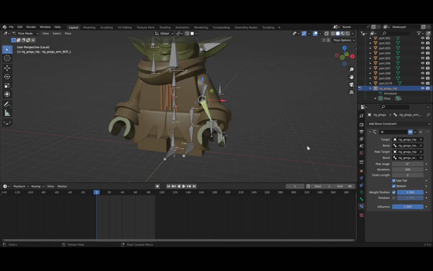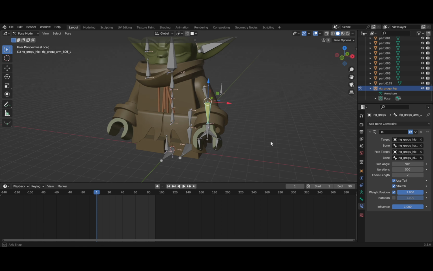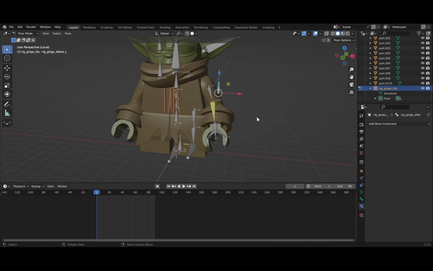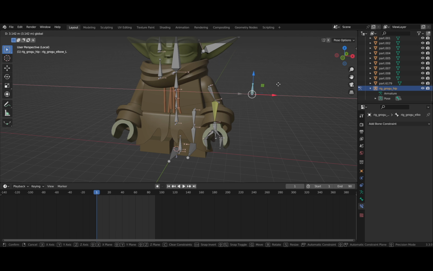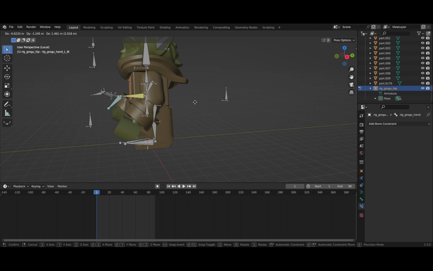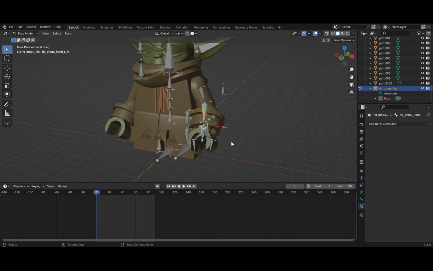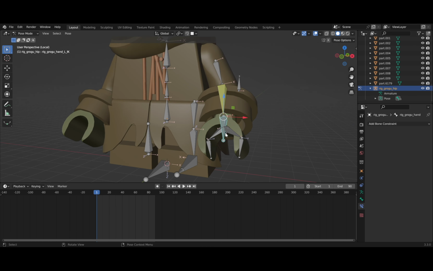Once this has been set, we will see that the upper and lower arm bones have shifted in position, so we need to adjust the pole angle to 90 degrees. When we move the elbow bone, the whole bone changes accordingly in a perfect way. At this point, we are moving the left hand IK bone. Although the upper and lower arms can follow perfectly, the bones of the left hand are unchanged.